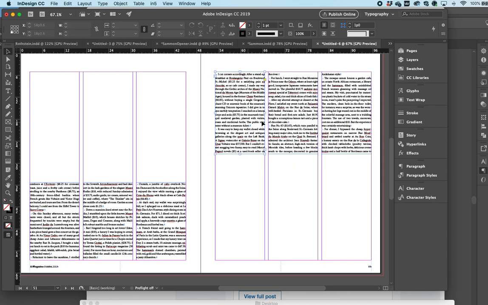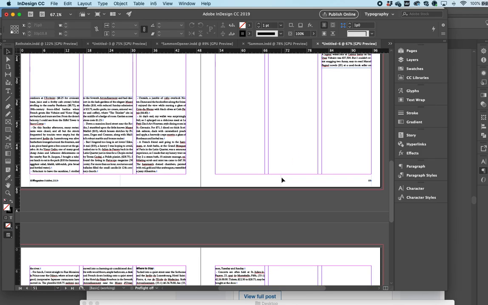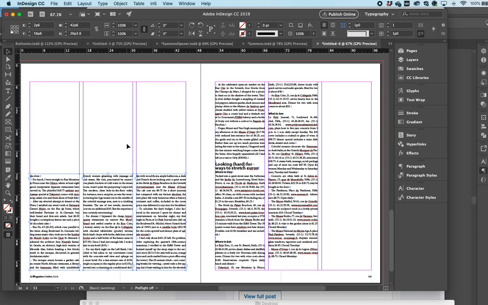And actually, maybe let's eliminate a couple of those frames. And when you do that, you may have seen a bit of movement. It's just going to flow and fill in the gap. And so now we're in a pretty good place for this one. So actually, let's make one big photograph there, and